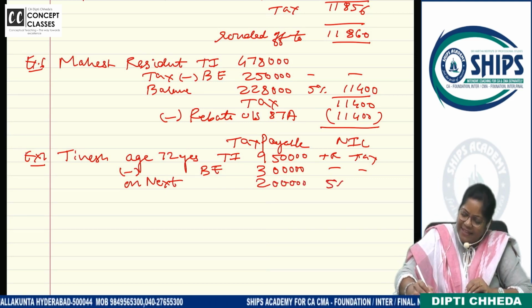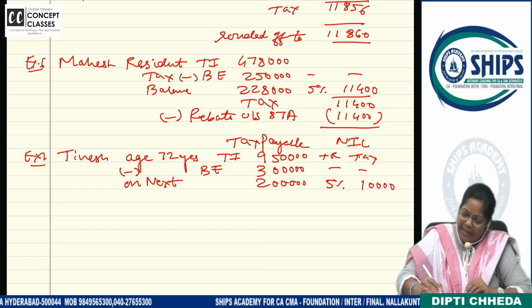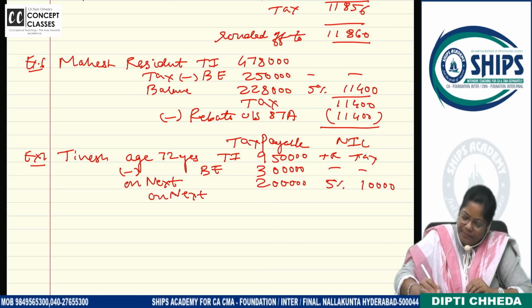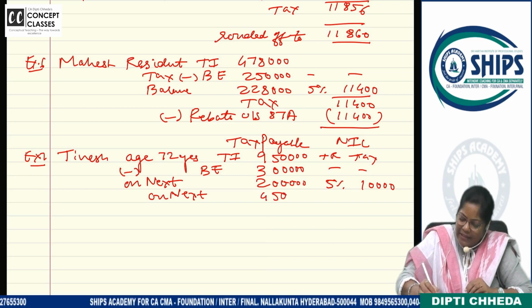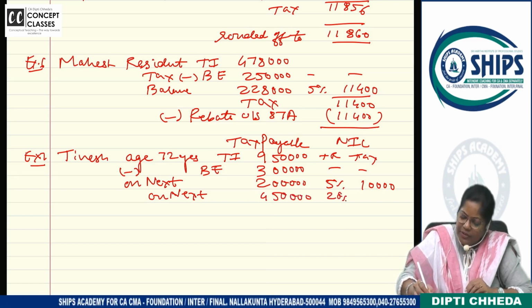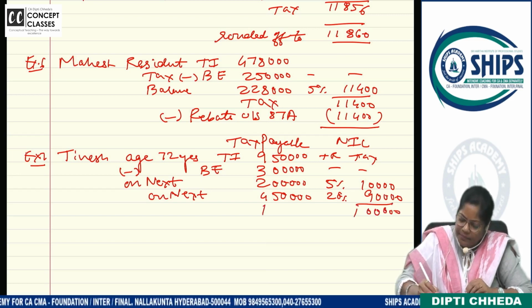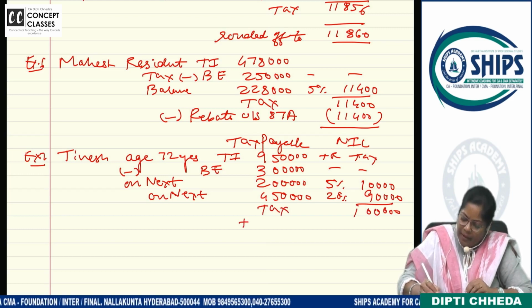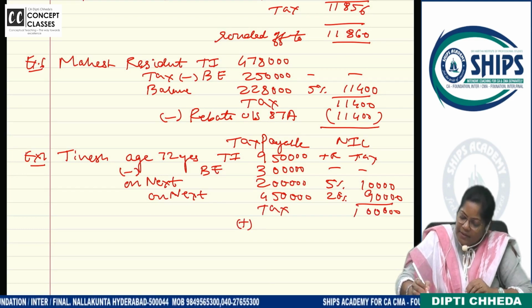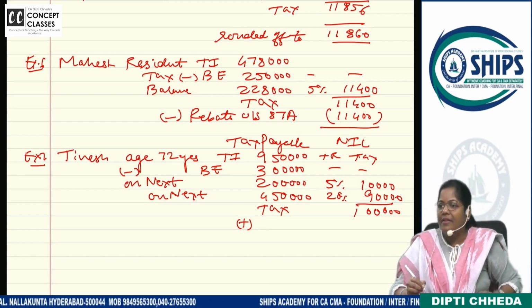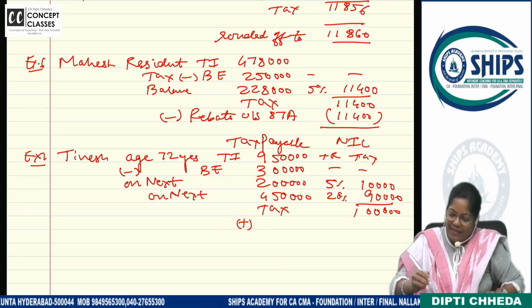How much is the tax rate? 5%. 10,000. On next, balance or next, 4 lakh 50,000. How much? 20%. That is coming to how much? 90,000. What is the tax? Plus surcharge is there. Surcharge is there. Rebate is there. So directly,